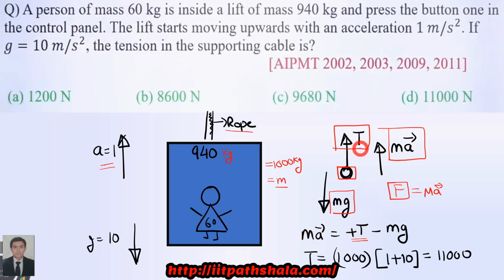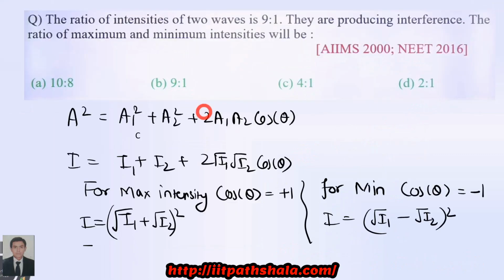Okay, so ma equal to plus T, and because mg is in opposite direction to your a over here, I'm writing it as minus mg. So the whole equation comes out to be ma equal to plus T minus mg. Now please apply the data inside the following equation and find T by yourself. I am getting 11,000 Newton, my option D. So this is a most important question because it is readily asked in IIT JEE Mains also.